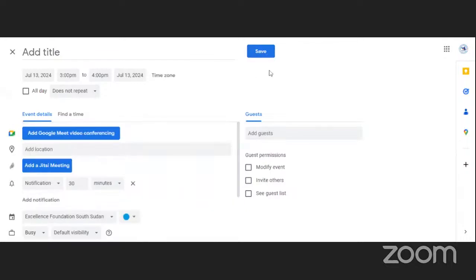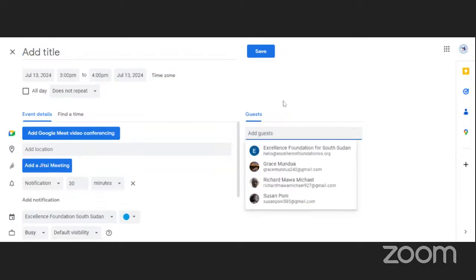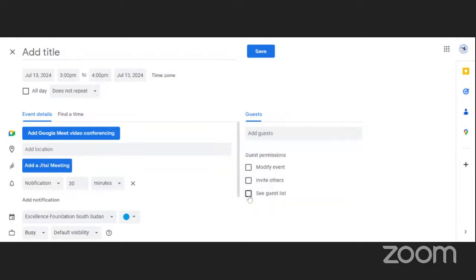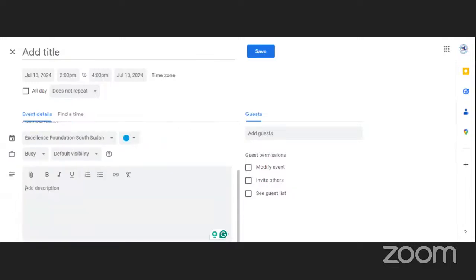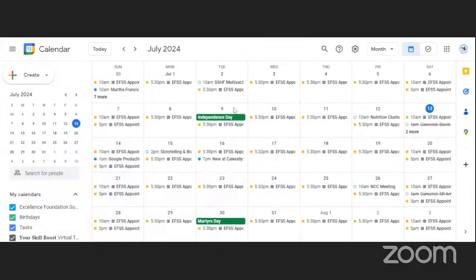So that is the same way we actually sent you the Google invite to be able to join this session. We just put the session name, we copy and paste all your emails here for people who registered, and then we make sure you don't see other people's emails, but we give you the ability to invite others. And then we added the location, which is Zoom, and then we took away the Google Meet, and then we put the details of the Zoom meeting here, and then we change the date and we send you that particular invite. And after that, we click save, and then we are done. So basically, that is how you create an event, and it's very important, especially